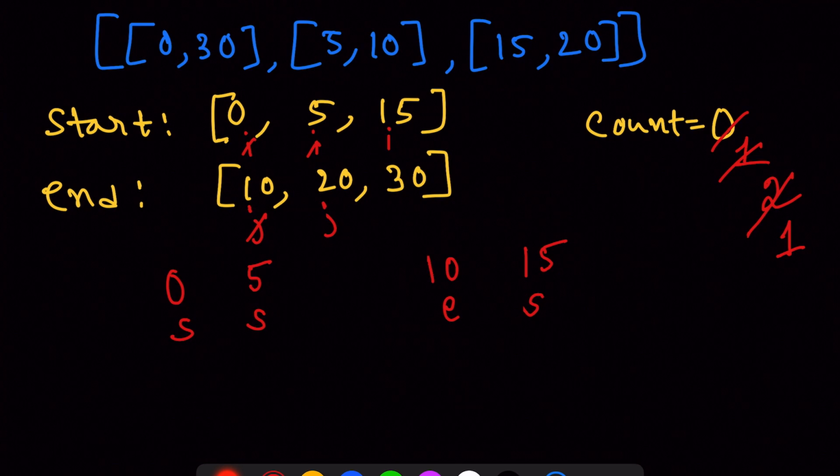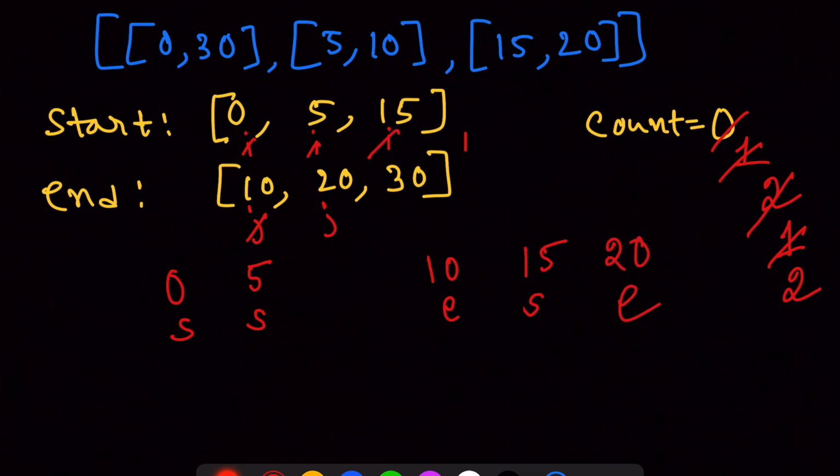Now end of j will become 20. Now start of i is 15, end of j is 20, 15 is less than 20. That means we have to increment our room count again. And also this 20 we have to insert, right? 20 will insert here. So after this we also will increment our i pointer, so it will go out of bound. So again we have to compare the thing, right? But here's one thing,